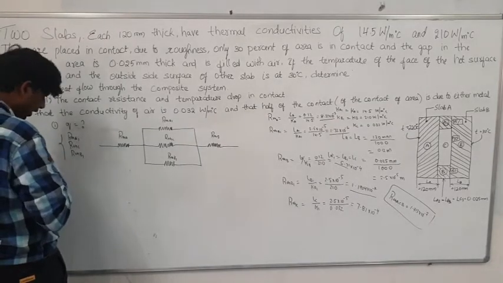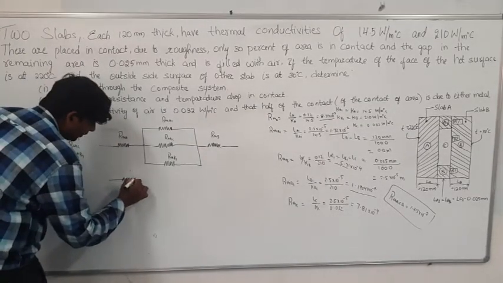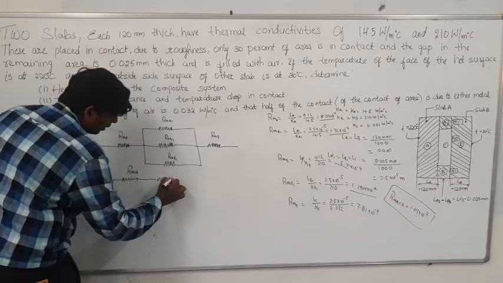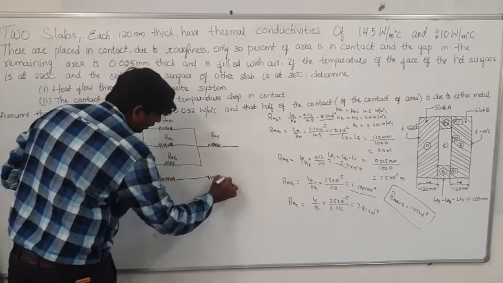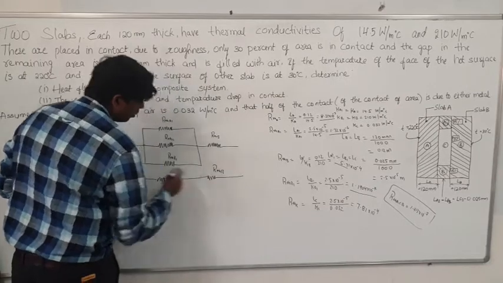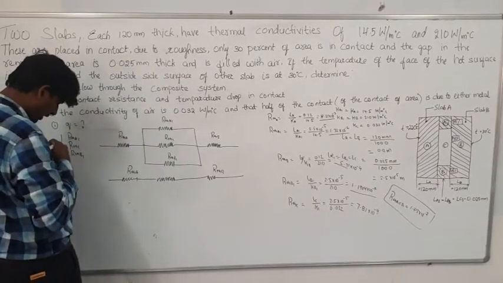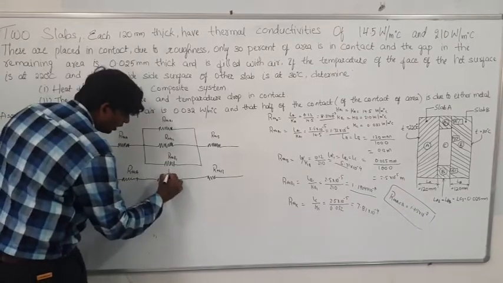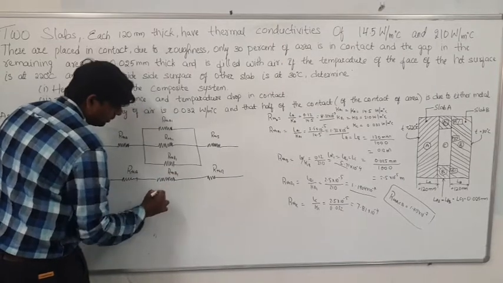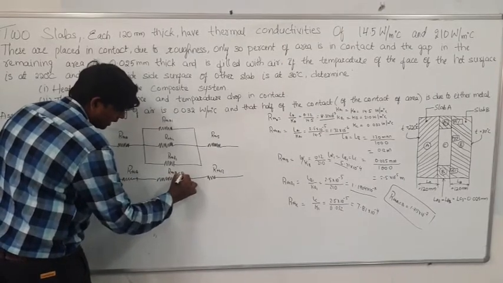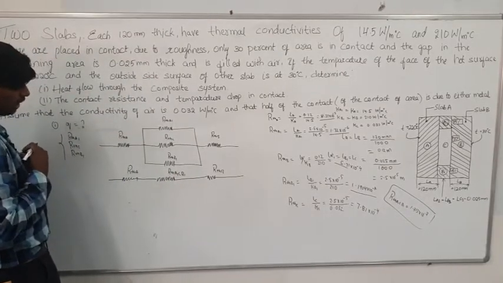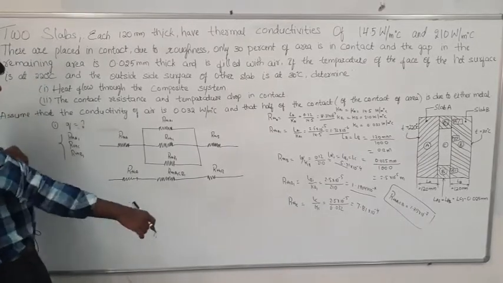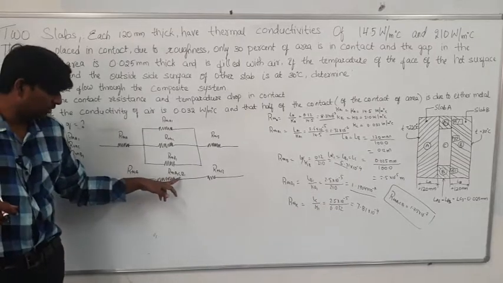How to convert means, as you can see here, this one is known as RTH A, and this one is known as RTH B. After that, in the next step, you have to take this one as RTH A1, and this is C and B1. So A, C and B1, RTH A, RTH A1, C1, like this you have to take.